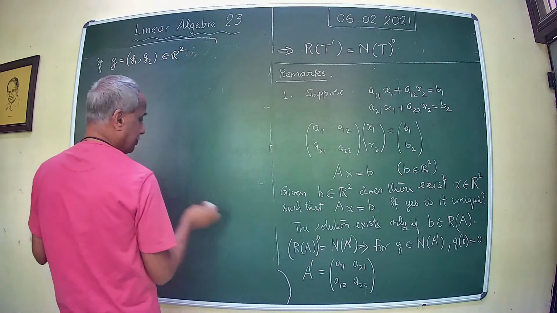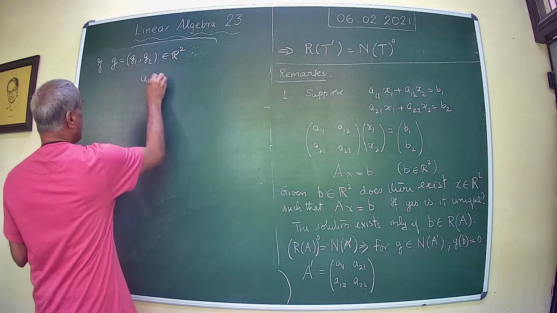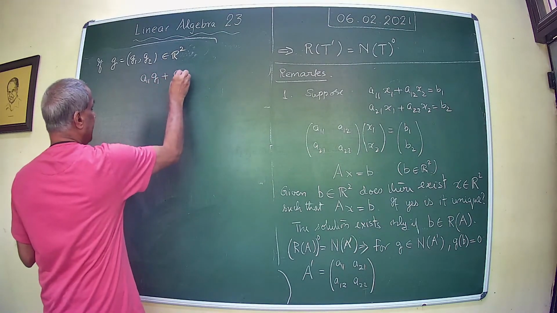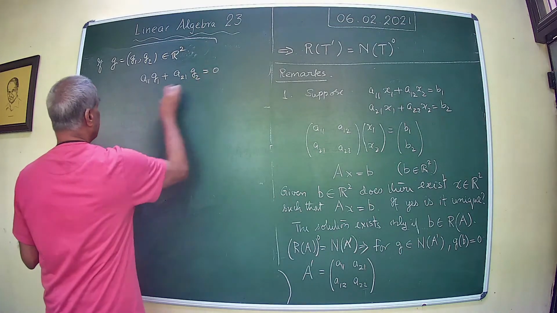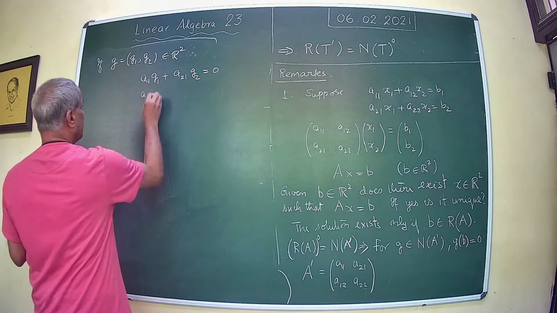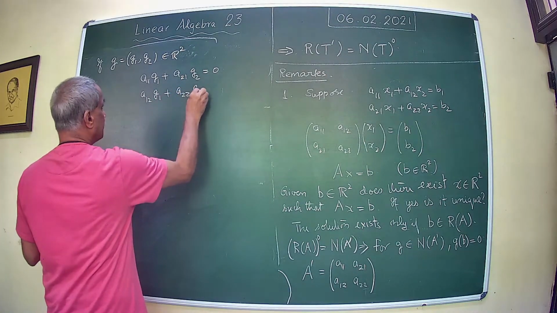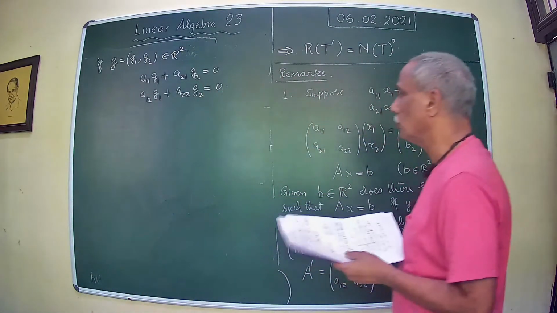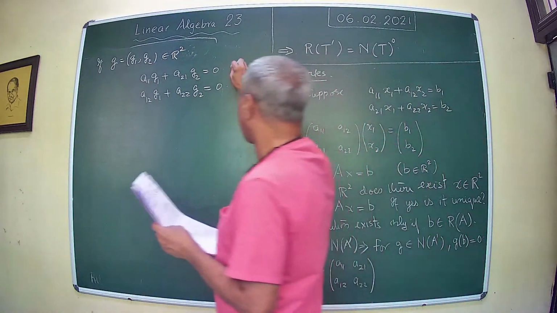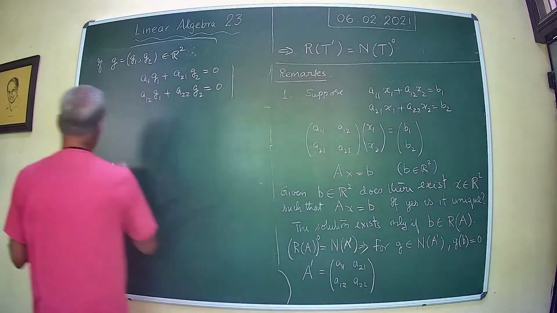Then what you have is this A11 G1 plus A... so G1 and G2 are the solutions of these equations. Okay. So G1, G2 or G